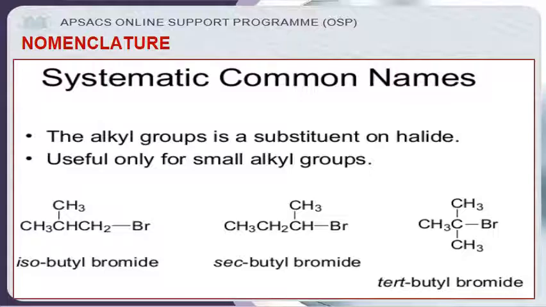The second example is one in which the halogen is attached to the secondary carbon, so this is called secondary butyl bromide, according to the classification of alkyl halide we learned in the last slide. Now this is another example, tertiary butyl bromide, in which the halogen is attached to the tertiary carbon atom. So this is called tertiary butyl bromide. Another name for it is 3 degree alkyl halide.